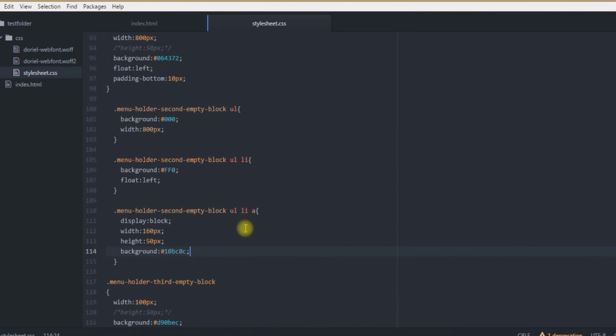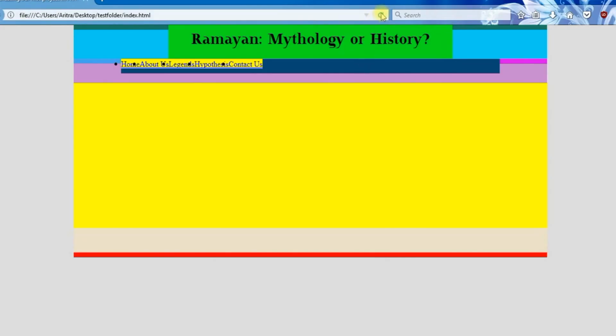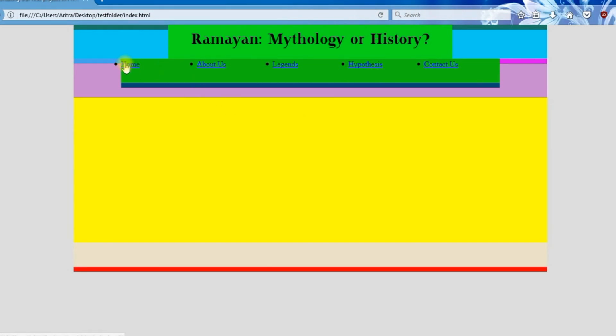Now just press Ctrl S, get back to your project, and you may see that your list item is now appearing over here. But still there are some problems that we have to face over here, that these list items are all very decorative. They are actually using those bulleted list formats, but you do not wish to use such a bulleted list format now, nor do you wish to have these underlines over here. These are actually the default underlines that are used by HTML by default. So all we need to do, we need to make some further customization of our unordered list item.